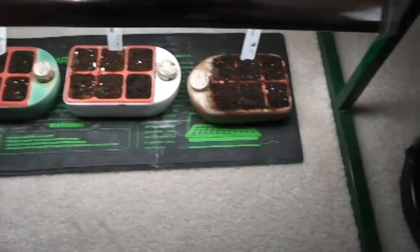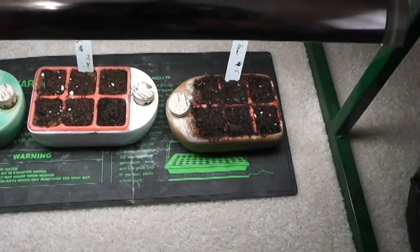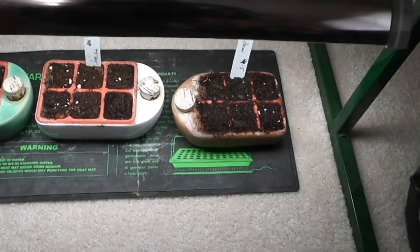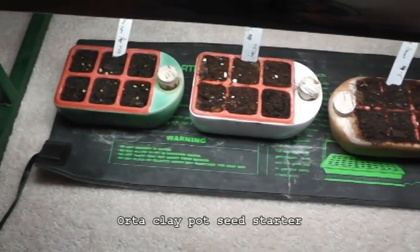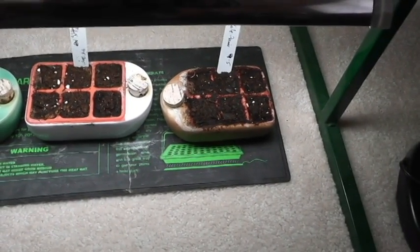And then you'll see what I'm using there, and it's typically what I always use. I don't endorse this product again, but the Orta Kitchen clay self-watering plant seed starter is what I use. Now these are relatively expensive. I think they're between $30 and $40 each, but if you travel like I do, which is 3 or 4 days a week,